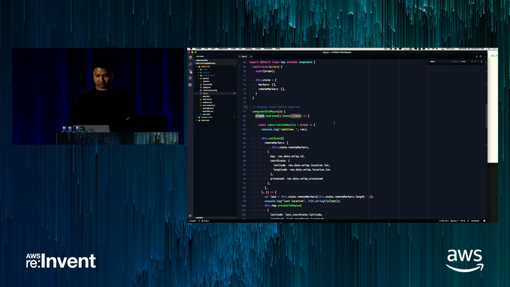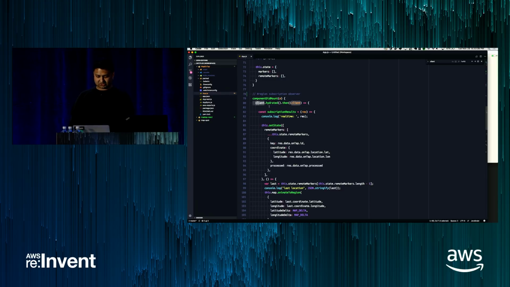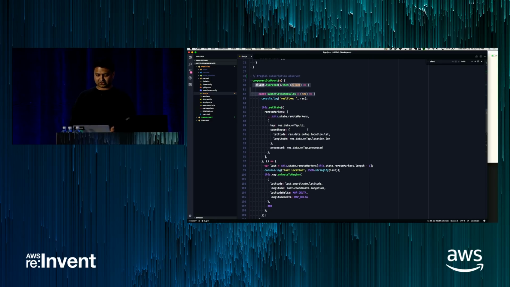again, we just hook it up in component.mount. It's really this couple of lines of code here. You're hooking up the hydrated client to subscriptions, and then you're saying anytime I get data, set my state, and then go and navigate my map to some other location. So, you can share a lot of this code. In fact, commonly what you would do is you would take a lot of this GraphQL code, share it as a common JS function or library, and use it in your React app, React Native app,